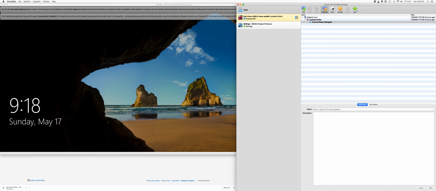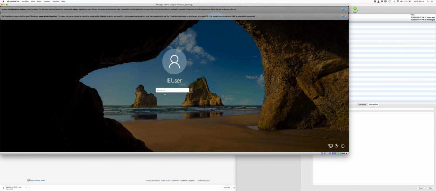So this is Windows. The password for Windows is Passw0rd and exclamation mark. Okay, this thing will ask you the password.